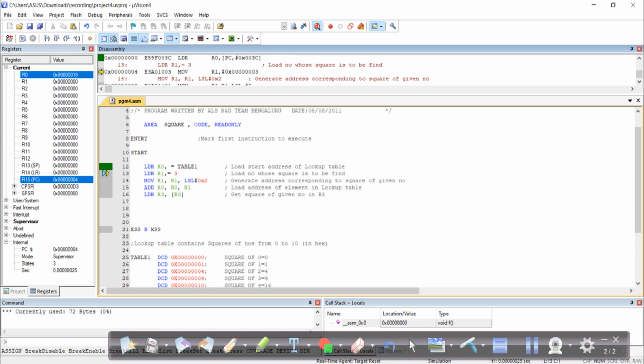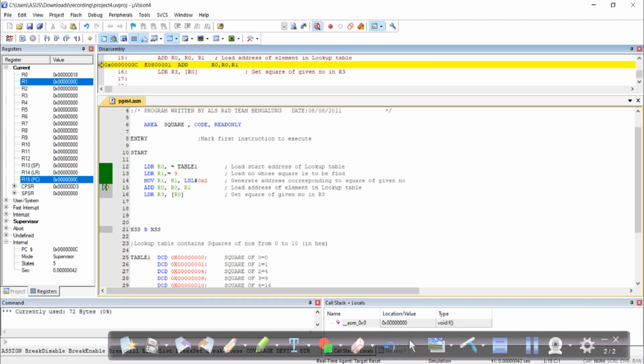As you can see here, your R0 is having the value 0x18. This is the address of your lookup table. Next, R1 is equal to 3, the number which I want to find the square for. Next, I have logical shifted so that I have got C here in R1.